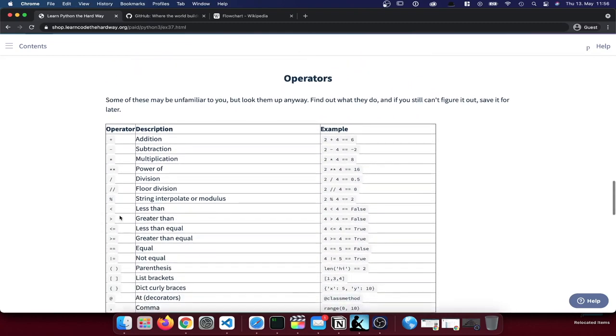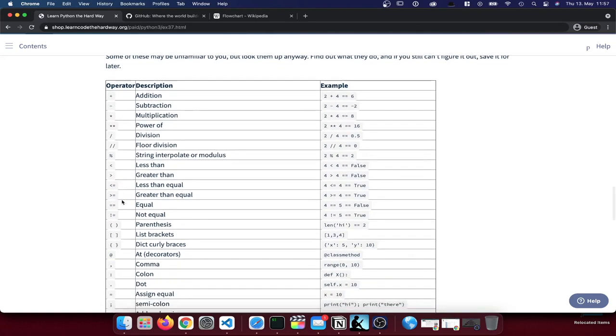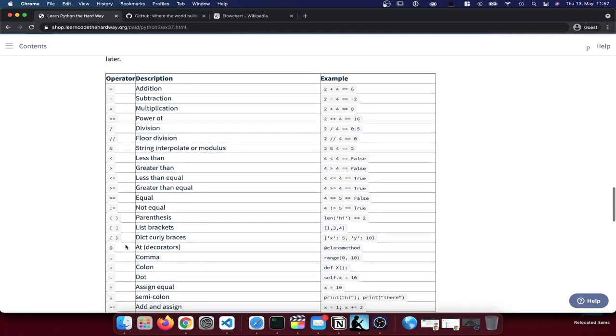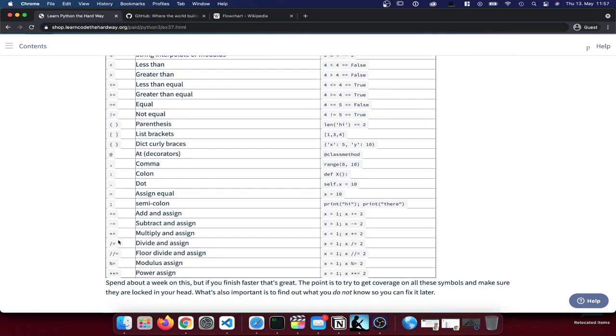Let's take a quick look at the operators that we have been working with, or that we will be using going forward. We learned about addition, subtraction, multiplication, power of, using 2 asterisk signs. Then there's division, but there's also floor division here, and a lot of additional options, including parentheses, lists that we define with those brackets here, dictionaries where we use those curly braces, and of course a lot of other operators, including shorthand operators, for example the plus equals, which is an option that we use to directly increment a certain number. So for example, if we write out